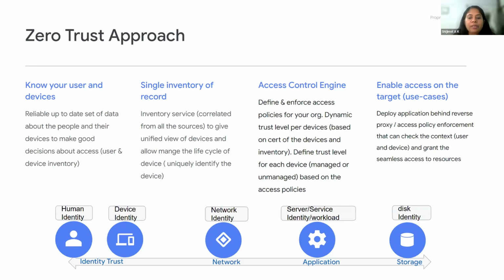So again, this is context-based access. You check the user context, where the user is accessing from. Say, for example, you're deploying an application where the target users should only be from the US. But if you see a user accessing it from a different country, that could be an attack, right? Your system should be sensitive enough to detect that kind of access and deny it, saying that this is not the context from which this application should be accessed. That is zero trust.